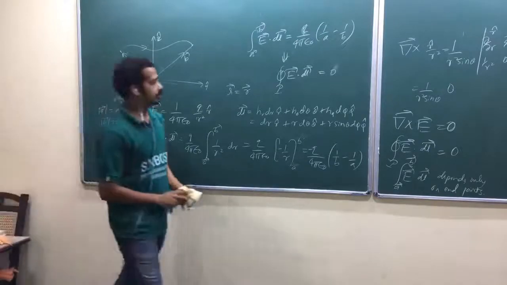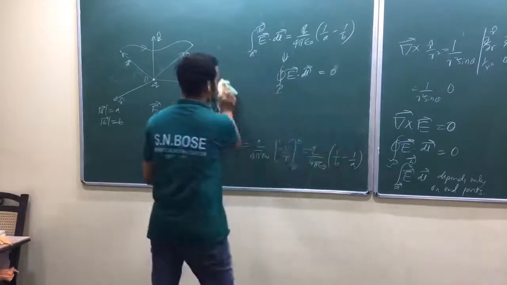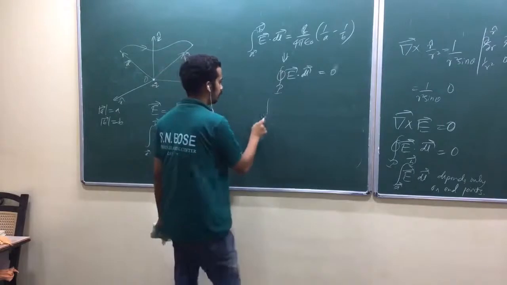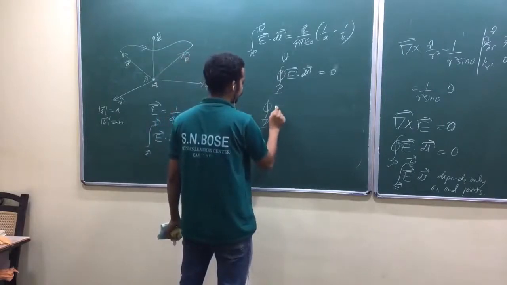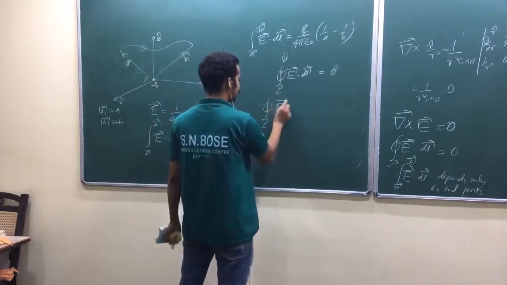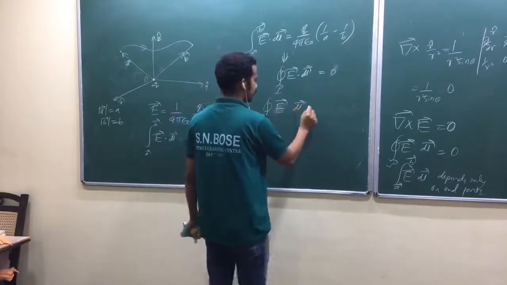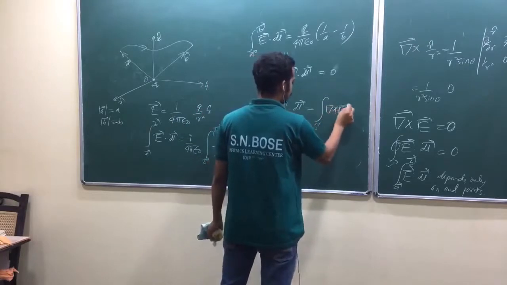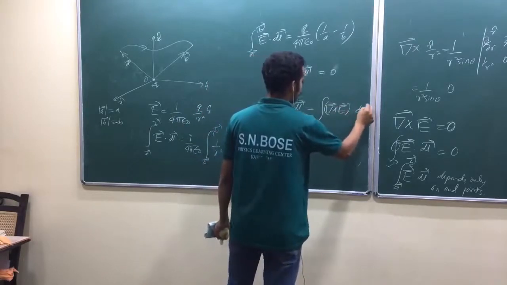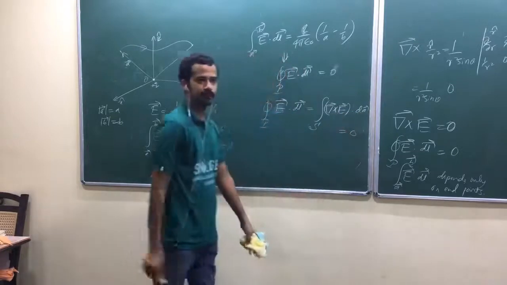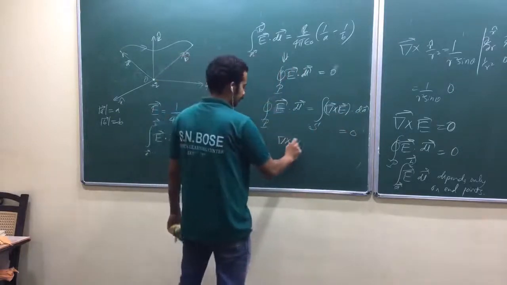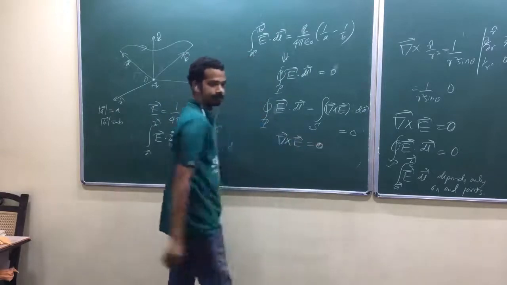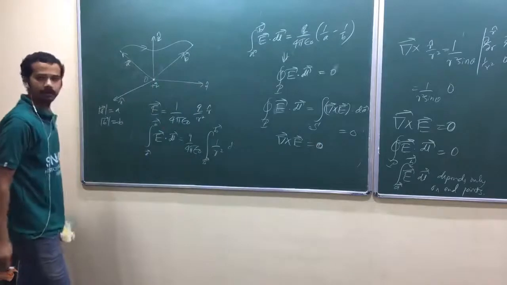So once this is 0, again now I can apply Stokes theorem, isn't it? Now I can apply Stokes theorem. How? This closed path integral is for any arbitrary path, am I right? That's equal to 0. I can convert that one into the surface integral of del cross E dot dA. If this is 0, this should be 0. Okay, I can show that del cross E equal to 0, a null vector. Is that okay?